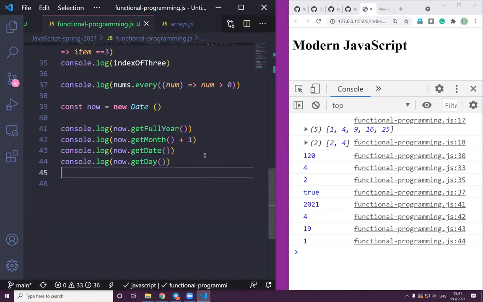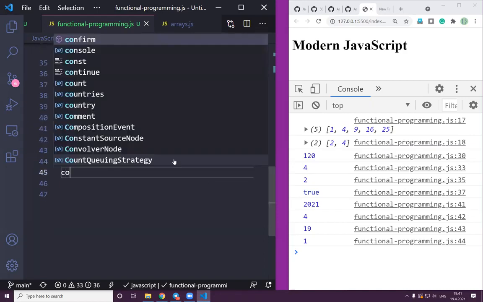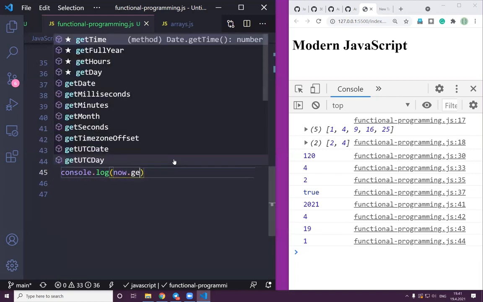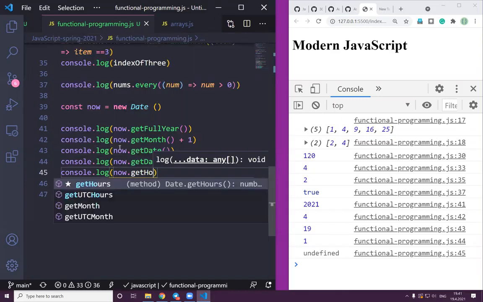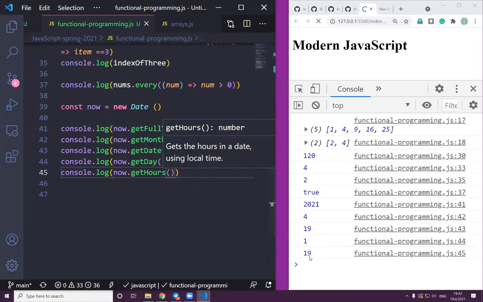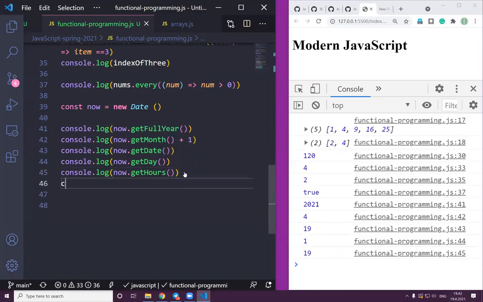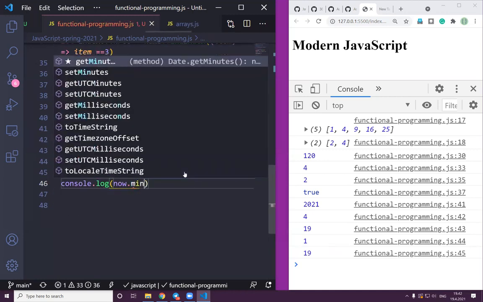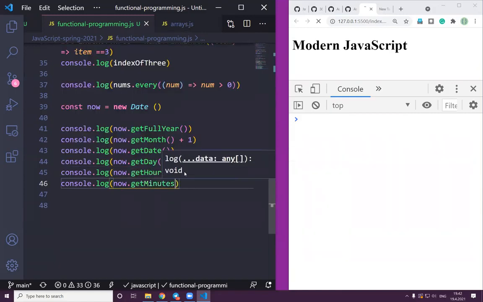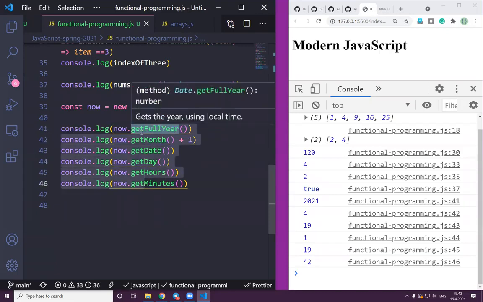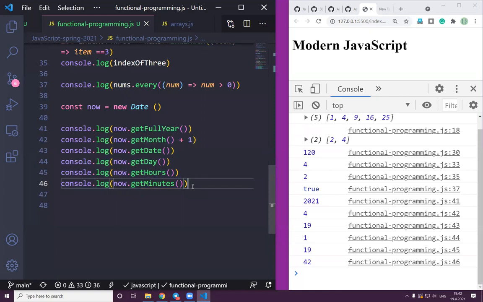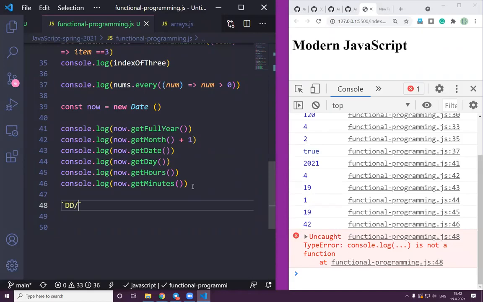Okay, now more, so console.log now get hours, for instance. You can see 19, and most importantly, console.log minutes, right? Get minutes. As you can see, it's a method, and all the methods have get. So if I want some time formatting like this, dd,